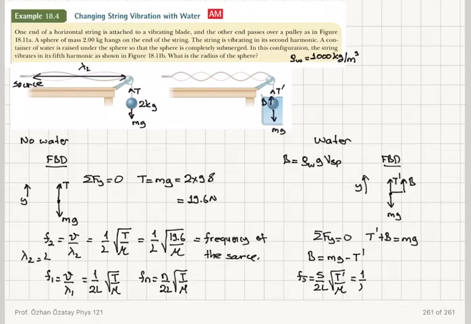But because the source has not changed, it has the same frequency. So this must be equal to 1 over L square root of 19.6 over mu. So the mu's cancel, the L's cancel, and I find that my new tension has to be 4 over 25 times